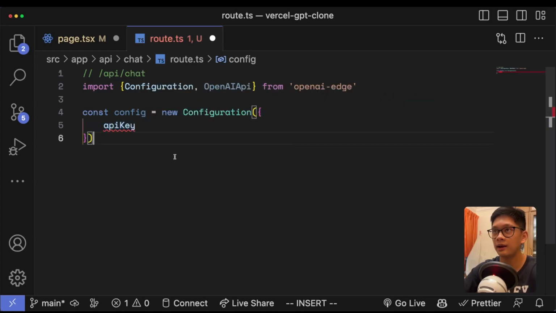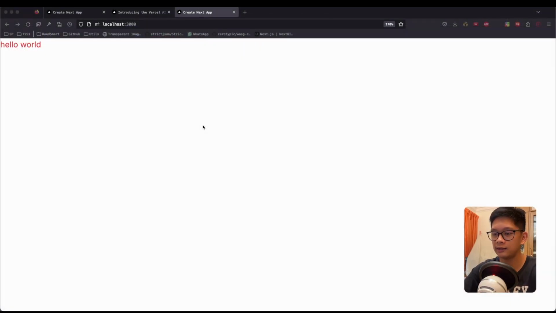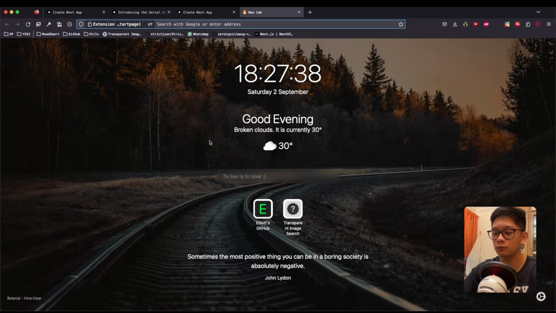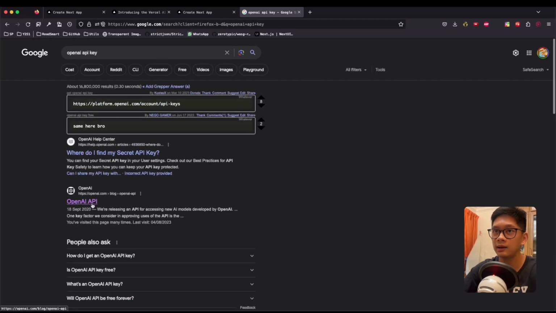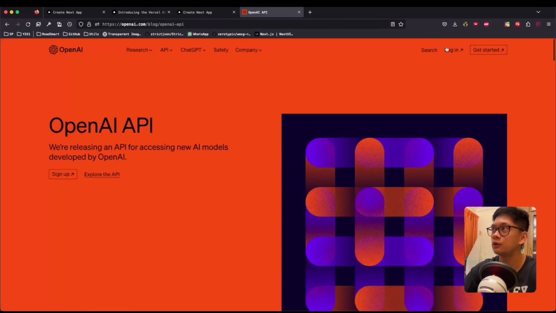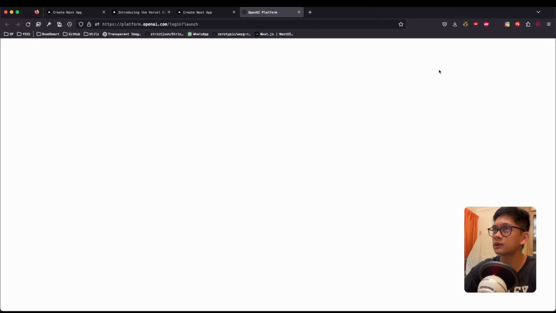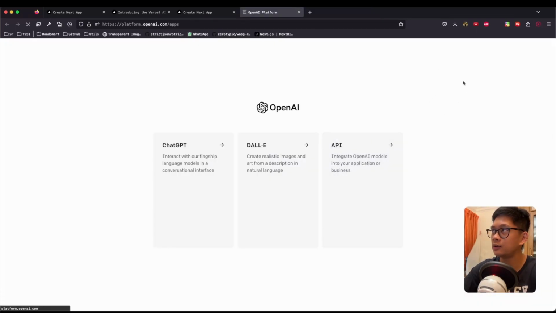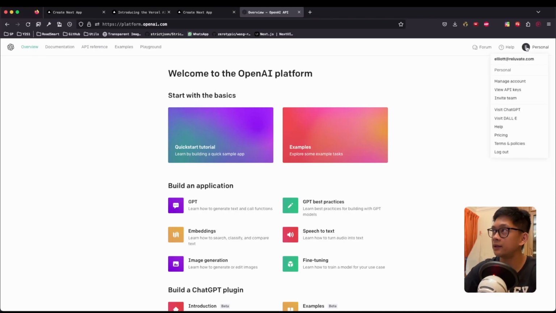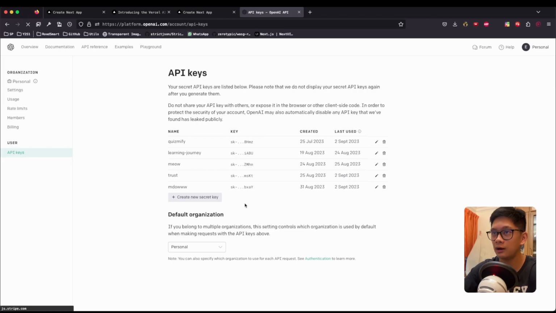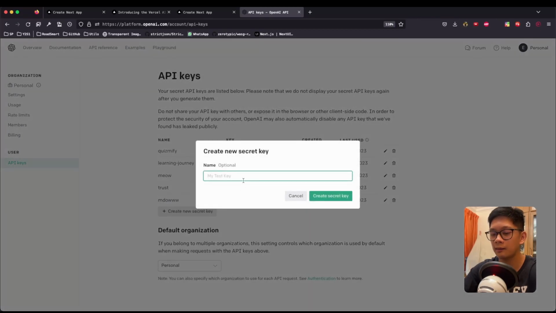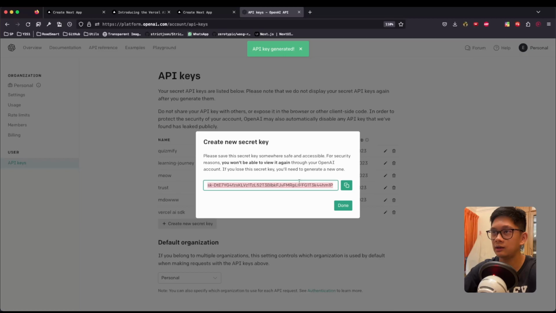So how do I actually get this API key? Let's come back to our browser and let us come to OpenAI API key. So search for OpenAI API key. Come down to your OpenAI API. So just log into the console and come down to the API section, and finally under the menu here you can press view API keys, and let's just create a new secret key. So I'm gonna press new secret key. I'm gonna call it Vercel AI SDK. So create a new secret key, and then we can just copy the secret key here,